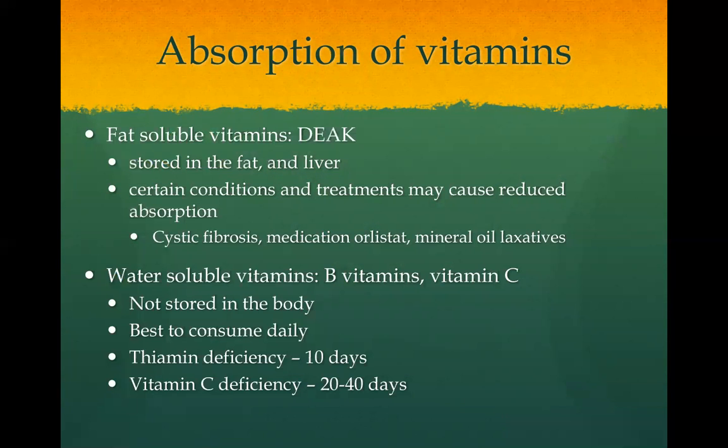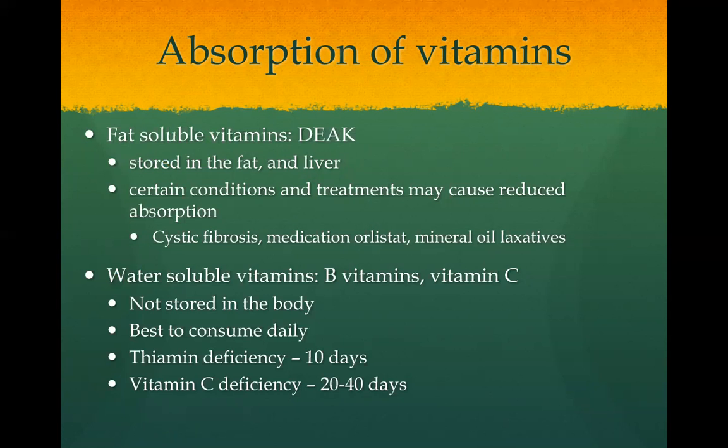Absorption of vitamins. The vitamins are absorbed differently depending on if they're classified as fat soluble versus if they're classified as water soluble. The fat soluble vitamins are stored in the fat and the liver, and generally speaking, they're transported through the lymphatic system. 40 to 90% of the fat soluble vitamins from food can be absorbed when the body is working well